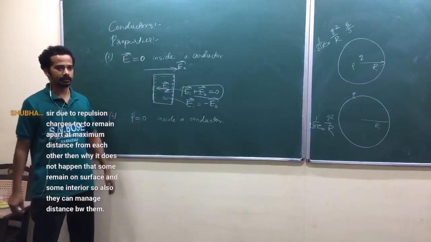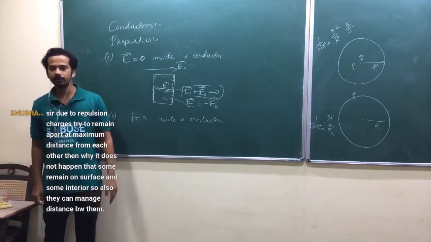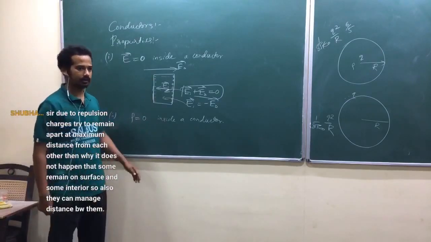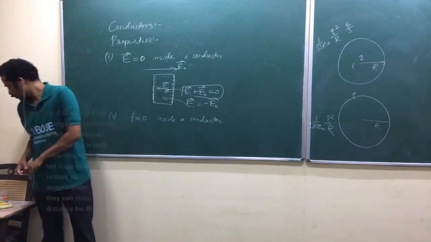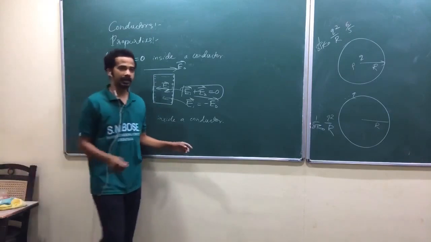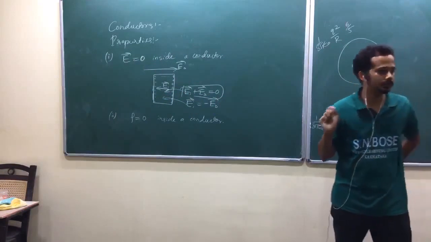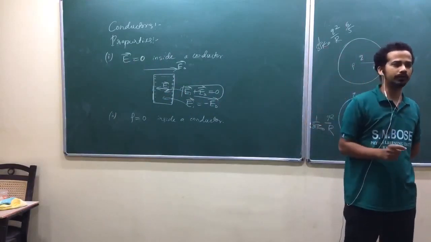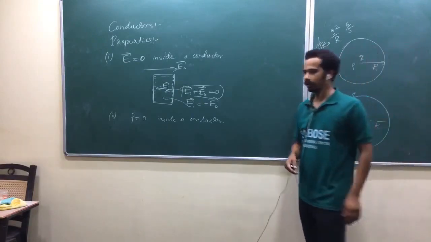Pure mathematical argument: repulsion, and they will try to be as far away as possible. That is the best argument, without mathematics. Is that okay? So now rho equals 0 inside a conductor. Again, if you try to give any charges, they will move out to the surface within no time for an ideal conductor. They will take some time to move out to the surface for a non-ideal conductor. That we shall discuss in the last chapter.